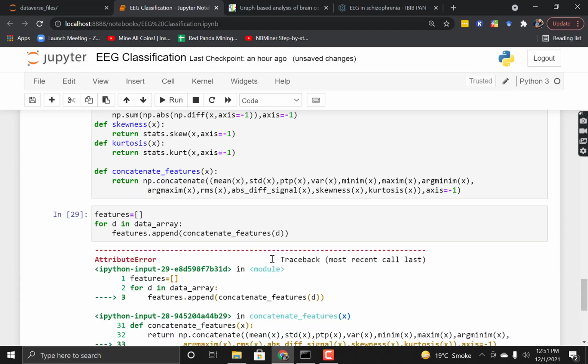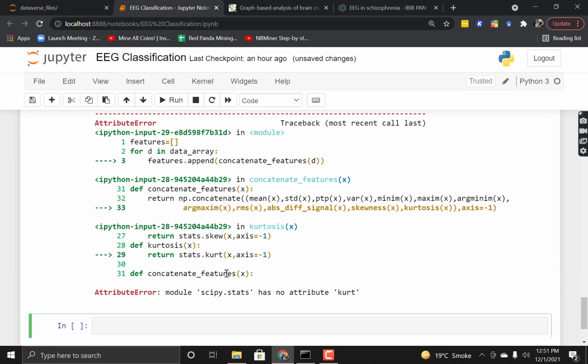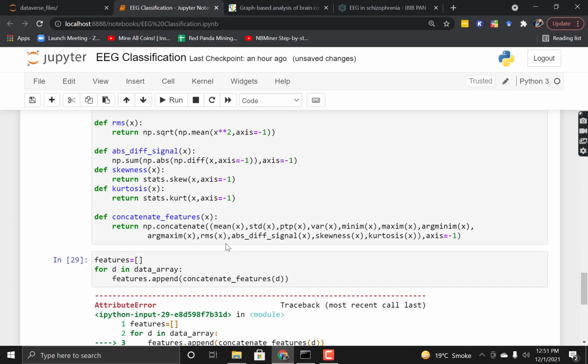Okay, it gives an error. Scipy.stats has no, it's actually kurtosis, not good, kurtosis.